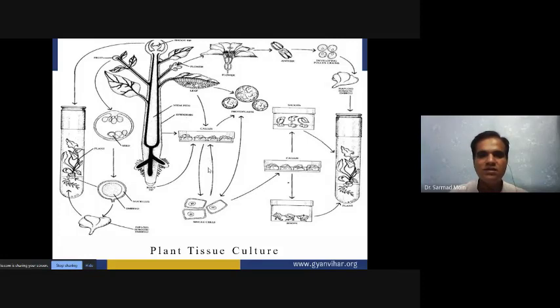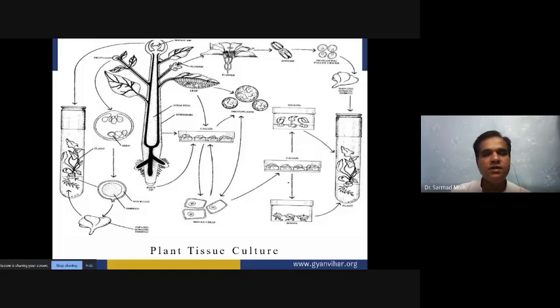So in this method, we are using another stage in between where the callus is produced. From the plant you have to produce callus, and through callus you have to produce shooting and then rooting, and then plantlets will be produced in this method. So that's why we are calling it indirect. Inside the indirect method, first we are producing the callus, and then from the callus we are producing the healthy plantlets. Any number of plantlets we can produce when we are doing direct and indirect types of micropropagation.